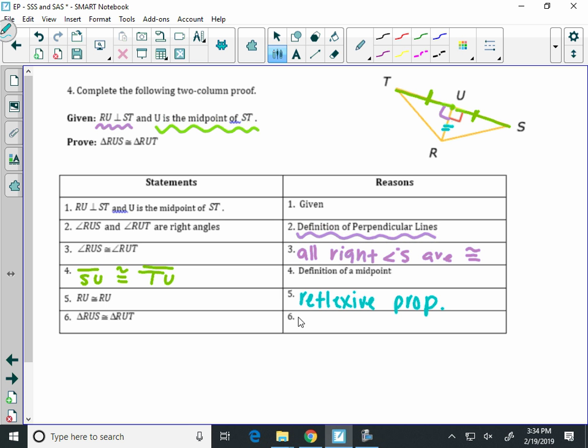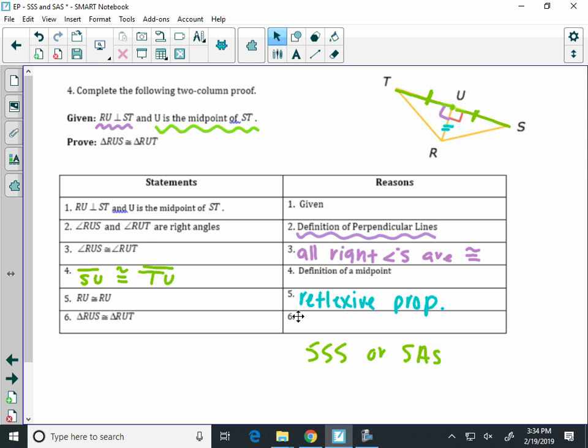And then number 6, it's one of the two. It's either side, side, side, or side, angle, side. It's one of those two. And if we look, we have a side and another side. So we have two sides and the angle in between. So we show that these were congruent by side, angle, side, because we have two sides with the angle in between that are congruent. Because we have a side, an angle, and a side. Side, angle,